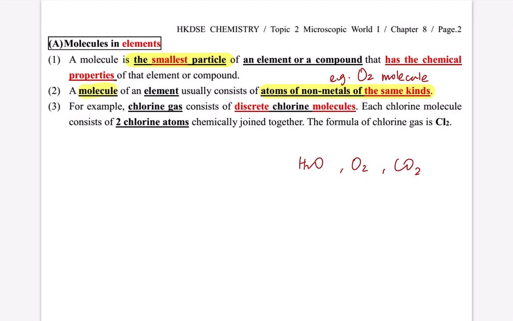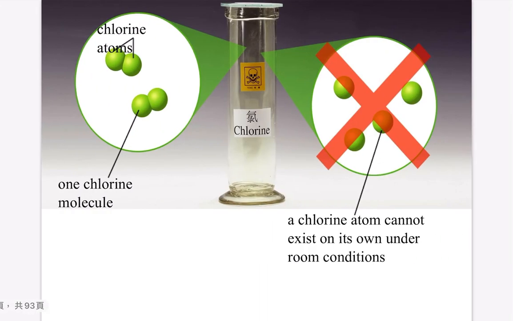爭在 O2 係 element 嚟嘅，全部都係同一個 atom，即係都係 oxygen atom 所組成，所以叫做 element。CO2 呢啲就叫做 compound，呢啲 molecule 叫做 compound，因為就係有 carbon 同 oxygen 兩種唔同嘅 atom 所組成嘅。好啦，chlorine molecule 我哋啱啱講咗啦。So for chlorine, it doesn't exist on its own